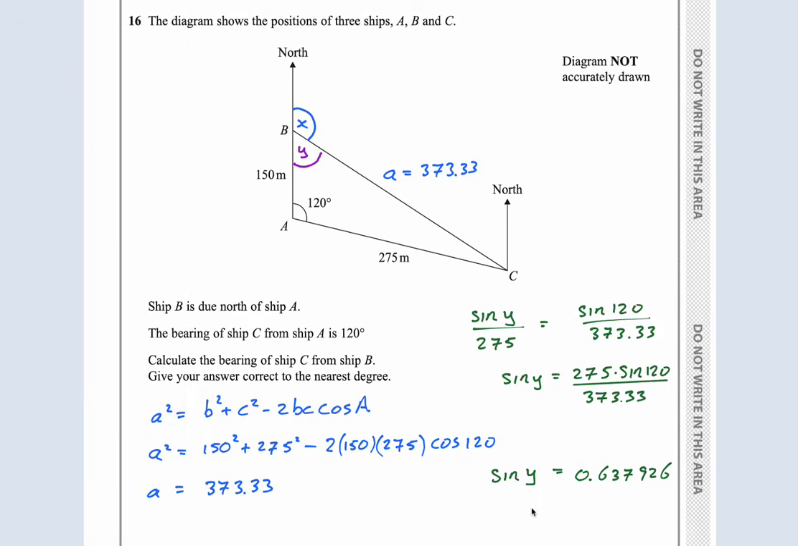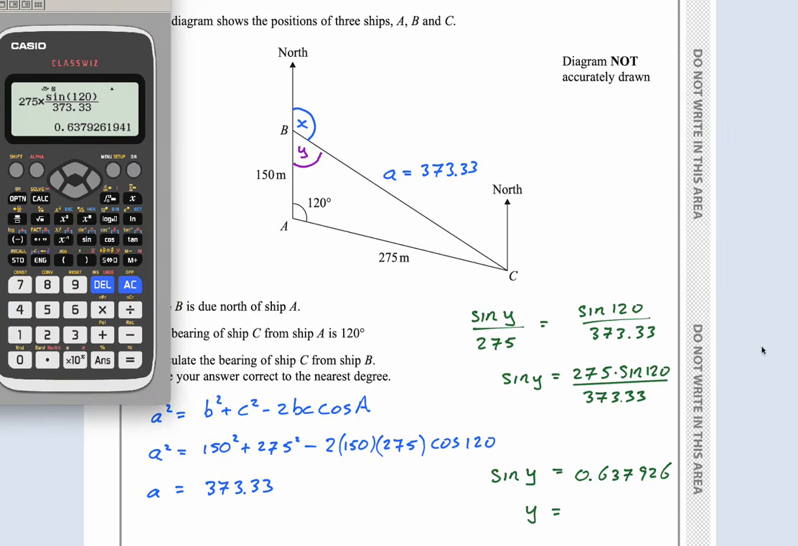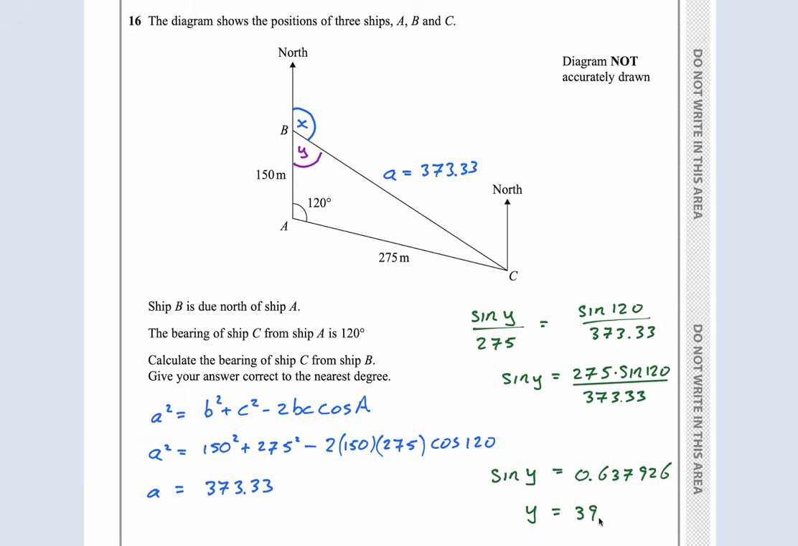Yes. Now, if I have the sine of y, all I need to do now to get the angle is do the inverse sine, and I can use the answer button here. So I can do inverse sine, answer, close bracket, and I get this 39.637. Therefore, the angle x is going to equal 180 minus